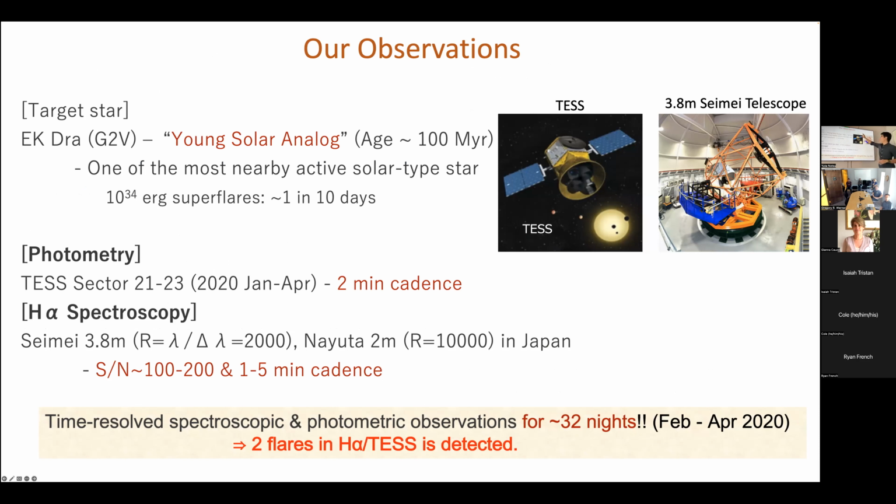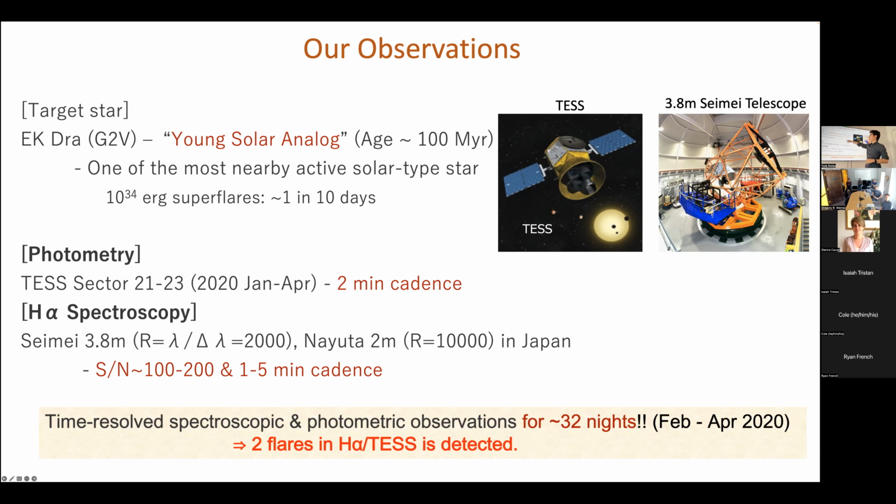But we additionally used a ground-based telescope simultaneously observing the same star. TESS observes stellar brightness with very high time cadence, while this one observes H-alpha spectroscopy, a spectral line used to measure Doppler shifts of the intensity of the star,